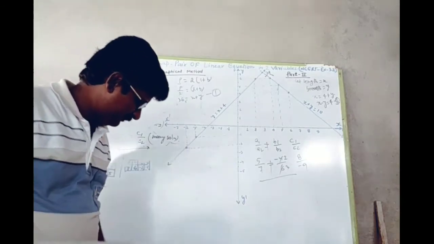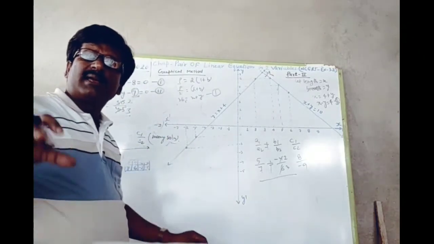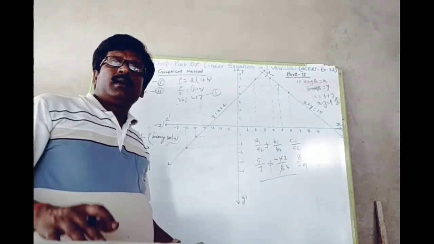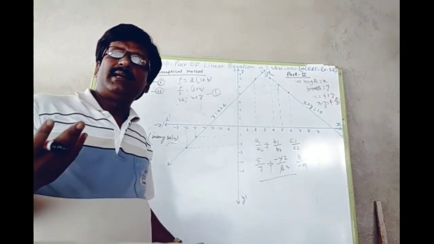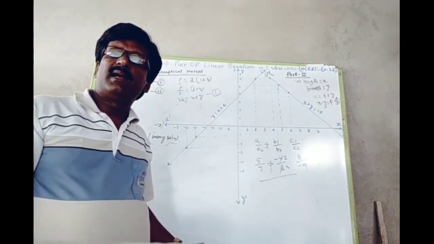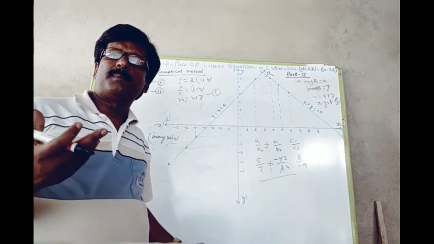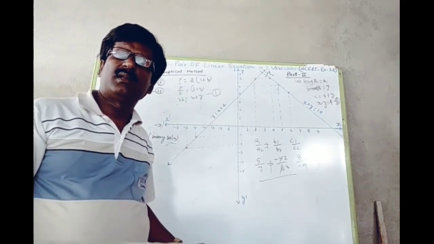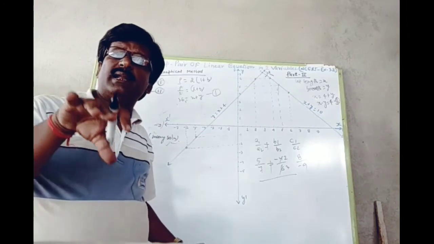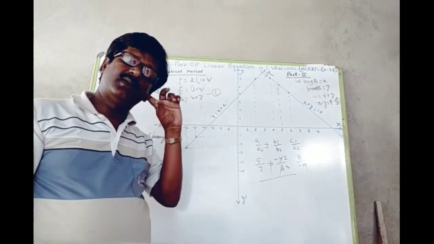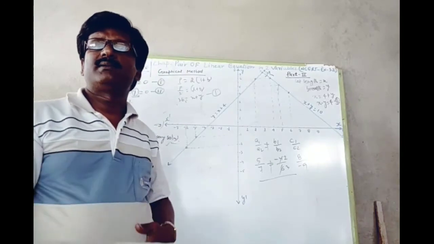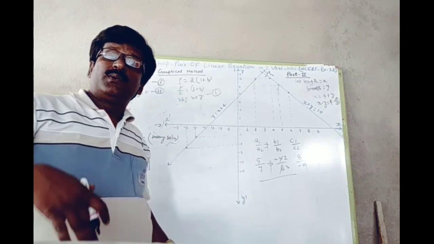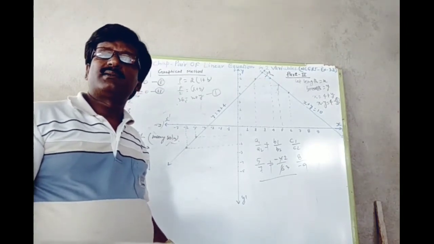Some questions are there, and this is a very important question. The question is given like this: find the area of the triangles formed by these lines and the x-axis, or find the area of the triangles formed by these lines and the y-axis. The questions may say, the region bounded by these lines and the x-axis, or the region bounded by these lines and the y-axis. It may also say, find the vertices of the triangles which meet at the x-axis or y-axis.